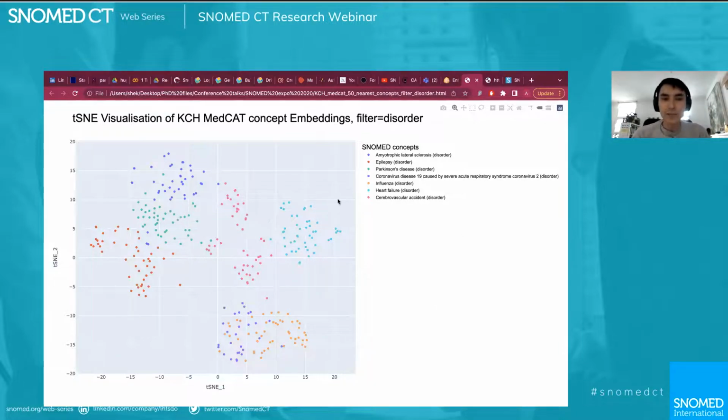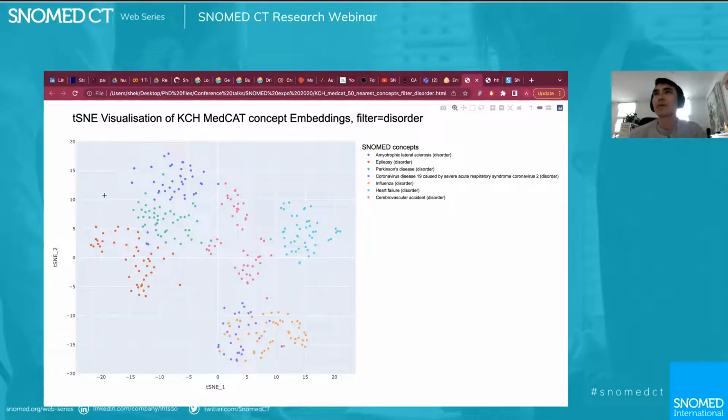In this case, we've selected a random sample of a variety of SNOMED CT concepts from ALS, epilepsy, and Parkinson's, and you'll see that the 50 nearest concepts to ALS are very close to the area of Parkinson's disease.